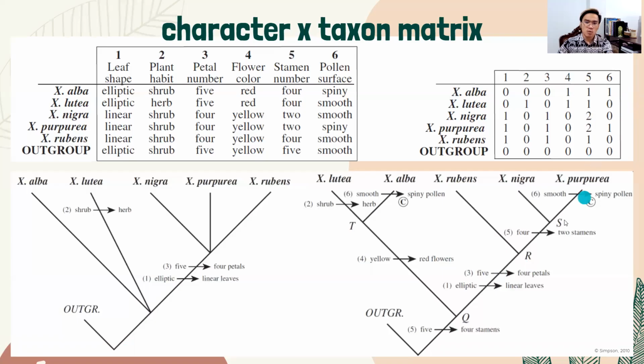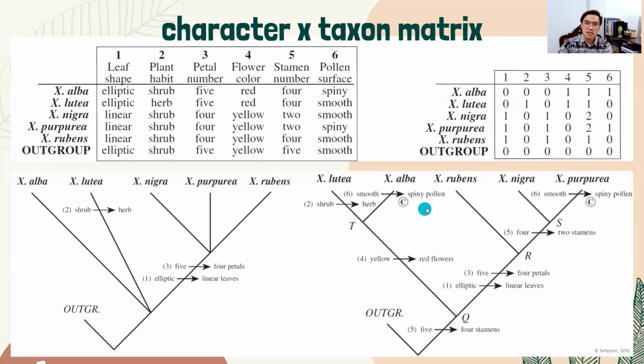How about character 6? Well, if this is the tree that we have so far, probably character 6 is not something that will group together Ex alba and Ex purpurea. It's really just one character compared to the other characters that actually unite the other groups more strongly. So maybe that's not a very good character, but it tells us something about the transformation between a smooth pollen surface to a spiny pollen surface. It just means that that is not necessarily something that was inherited from a common ancestor.